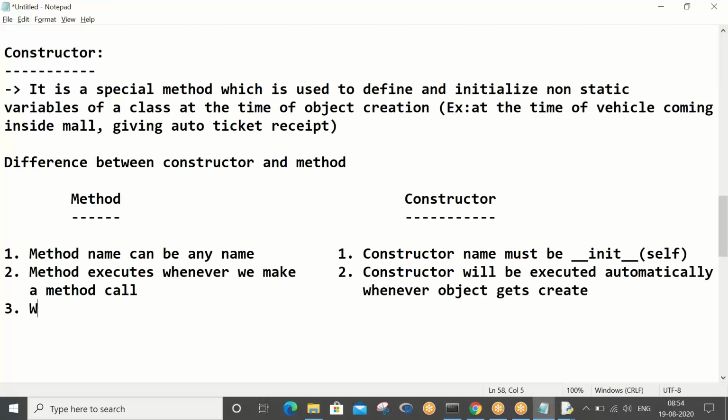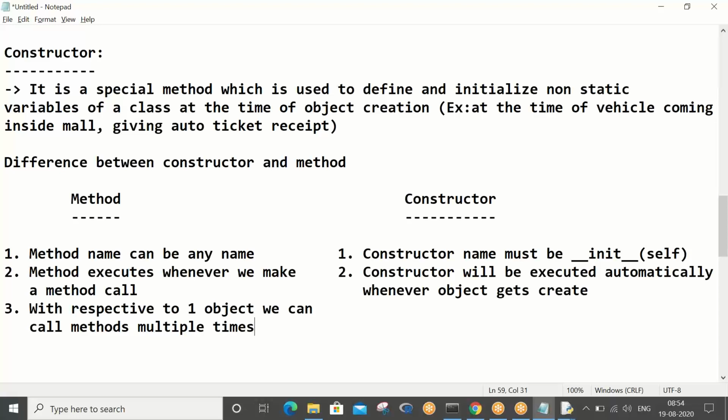With respect to one object, we can call methods multiple times, right? x1 dot m1, x1 dot m1, likewise you can keep on calling, and it will execute.